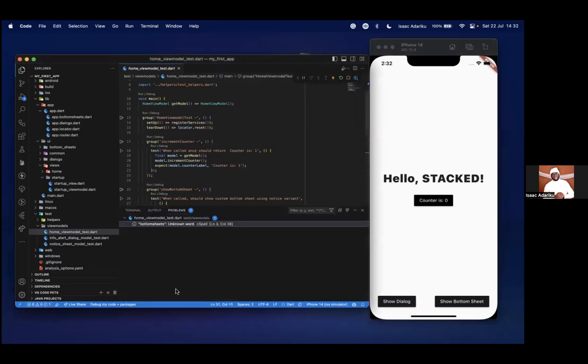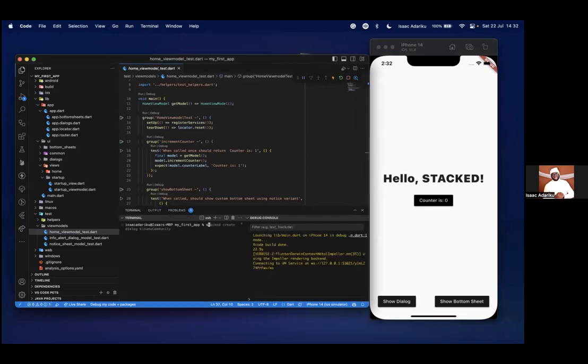So let's quickly create a Stacked bottom sheet, which you can see. Here for the bottom sheet, we have the notice sheet. So we want to run stacked create, let's say bottom sheet. Let's call it the Kisumu community.